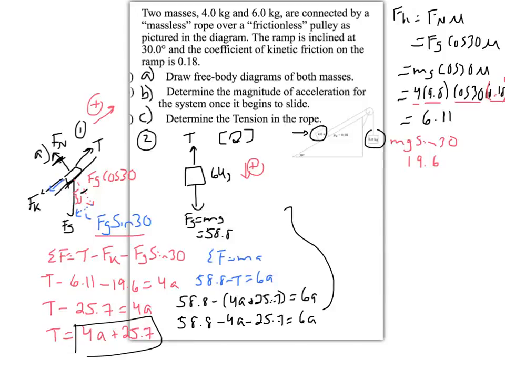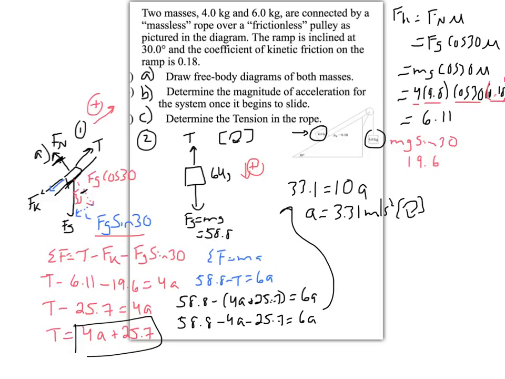Let's bring that up there. Left hand side we get 33.1 equals 10a, because we have 6 plus 4, and then we get an a value of 3.31 meters per second squared